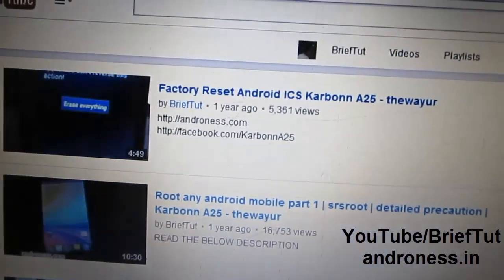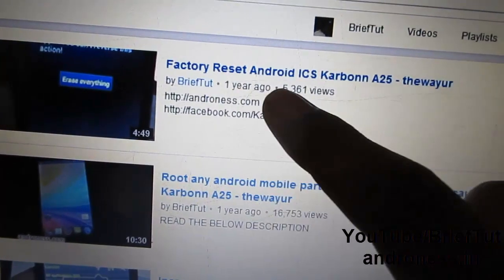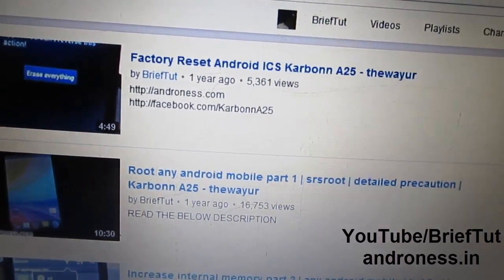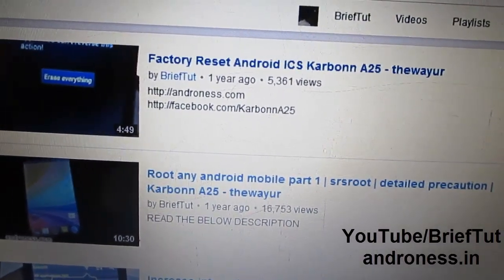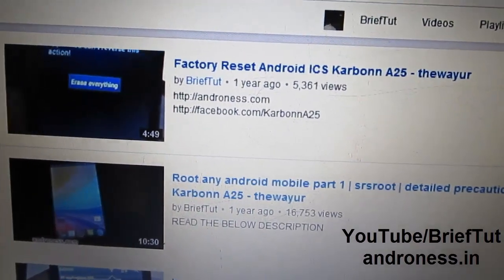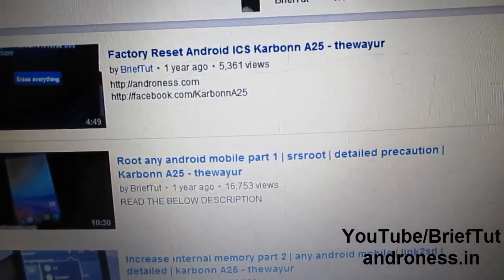You can see here I had told you how to reset your Carbon 825. So I am going to reset my mobile, so just wait for that.